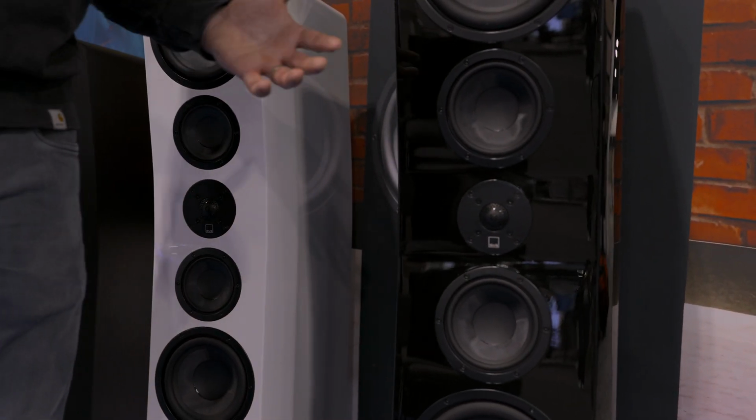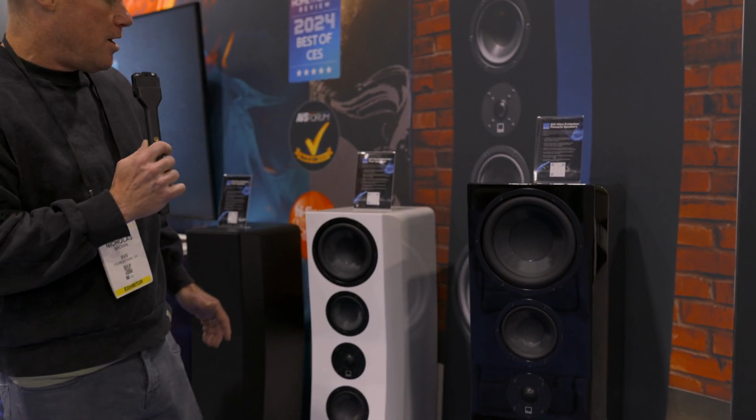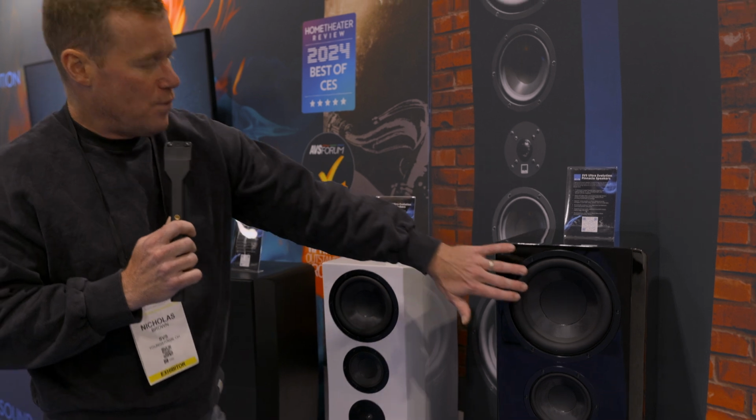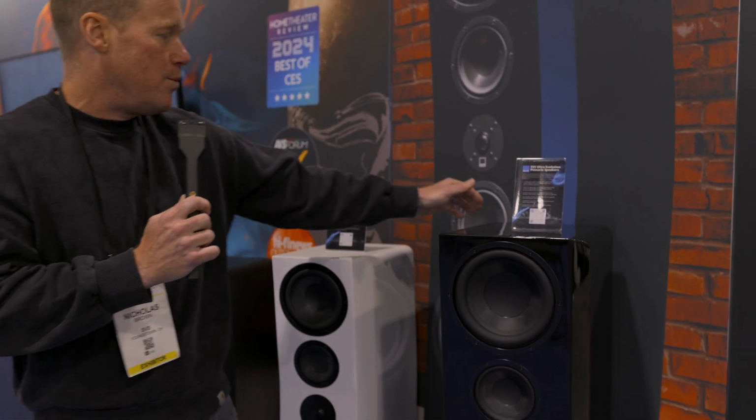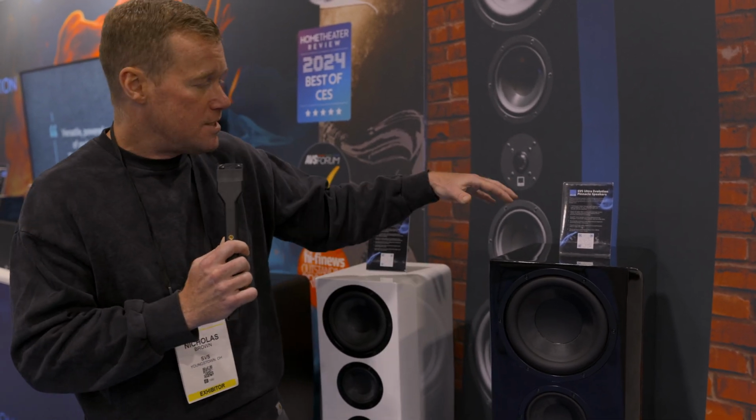It was hugely important for us to leave no stone unturned with these speakers. We are SVS. We do love our low frequencies. Our bass is important to us. So we borrowed a little bit of a technology cue from our 3000 Micro subwoofers in doing the woofer design for our new Ultra Evolution series speakers. We have woofers on the front, in this case 8-inch. We also have corresponding woofers on the back. They're both active woofers. They move in, they move out together. So inside the cabinet, you're getting a complete force balance,